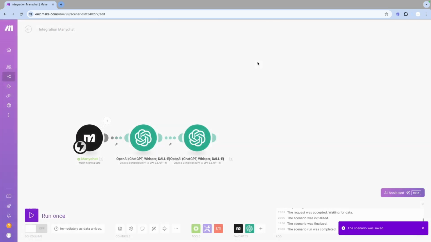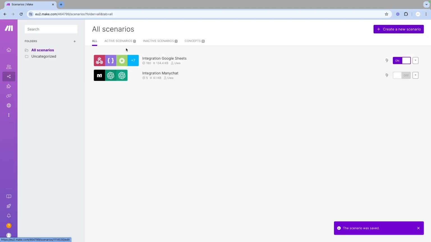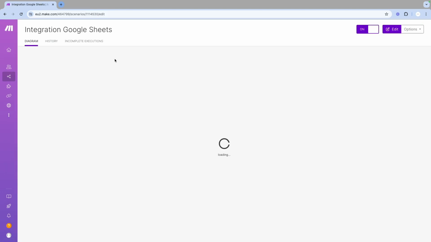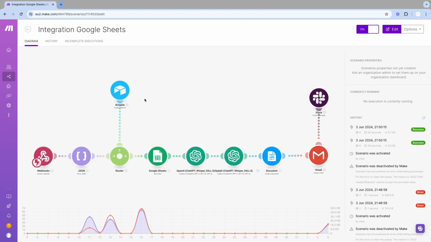Let's look at this one that I've tested and shared here. So this one's just a simple webhook. The last one's Manychat. So the webhook comes in, we pass it through JSON, and then we use a router module to send some of the information to Airtable and another chunk of the information to Google Sheets. And then after it's written to Google Sheets, the same information goes into the